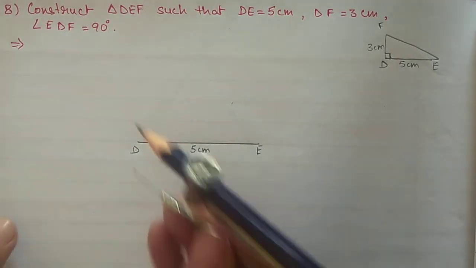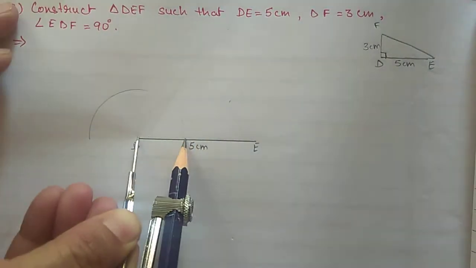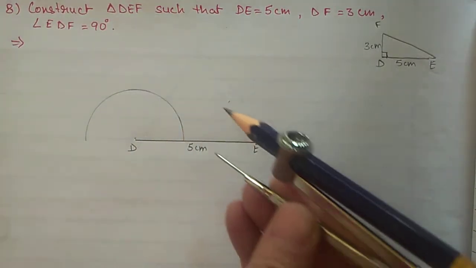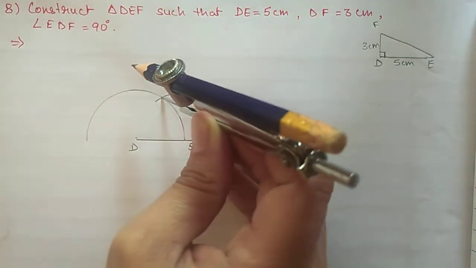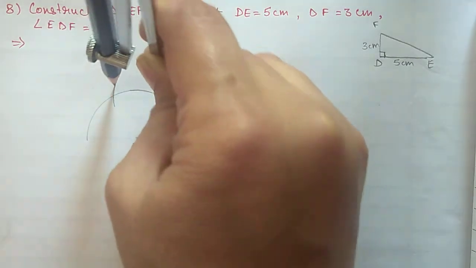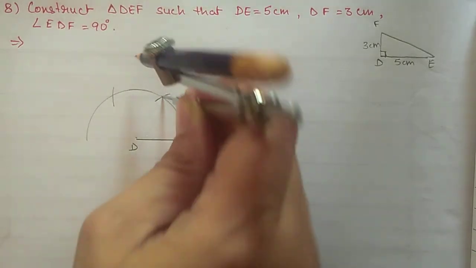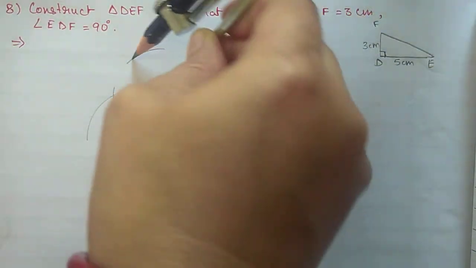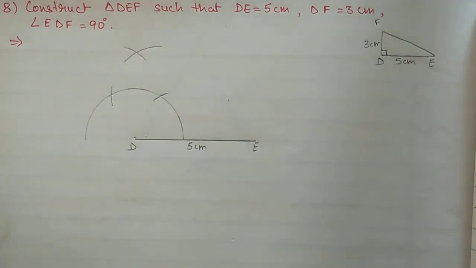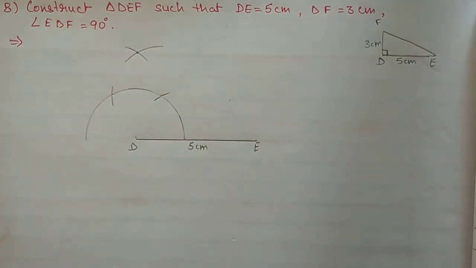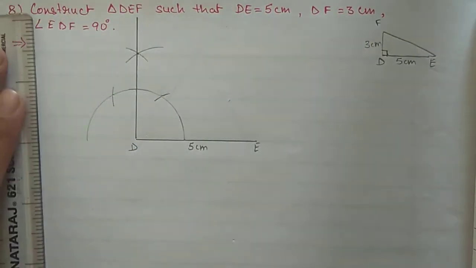For that, first we will put the first semicircle. Then the first arc from here is 60 degrees, and the second arc from this point is 120 degrees. Now we will bisect 60 and 120, because 90 will come in between. So from 60 one arc and from 120 another arc. Wherever these two arcs cross each other, we will join that point to D. This is the 90 degree angle.